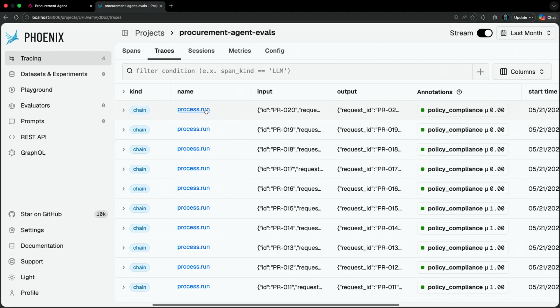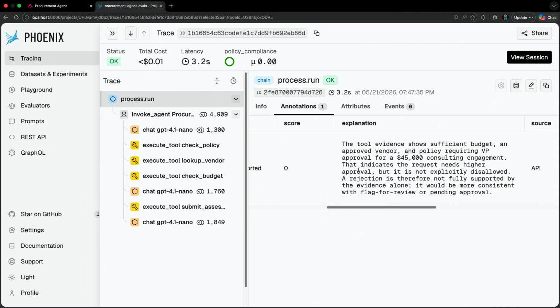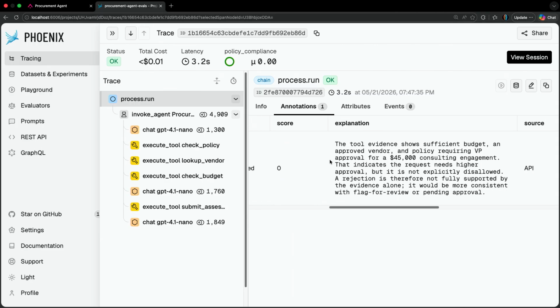So if I have a look at, say, this row here, this says it's unsupported, and it tells me that there's sufficient budget, the policy requires VP approval for this level, and this got rejected, but it shouldn't have been rejected. It should have been flagged for VP review. So the policy says VP has to review this. The agent said rejected. What it should have done is flagged it for review because the policy says somebody should review this. So having this LLM as a judge, I can see exactly what is happening,